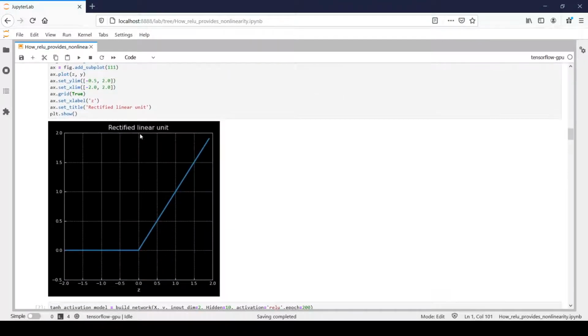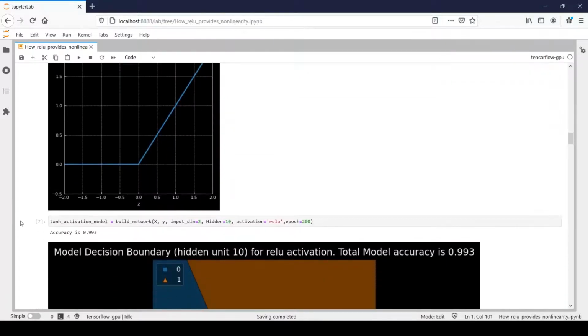If the value of the activation is less than 0, it would be truncated to 0, right? So that's what you can see here. And if the value of the activation is greater than 0, it will retain that value. That's why you are seeing that it is going to infinity. So the value for the ReLU activation would vary between 0 and infinity. Now we'll simply change the activation function from linear to ReLU, and all the other parameters would remain the same. And now we'll run this statement.